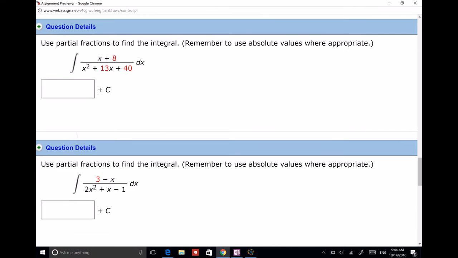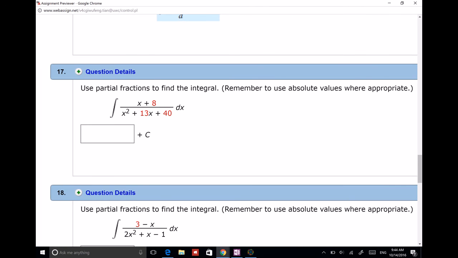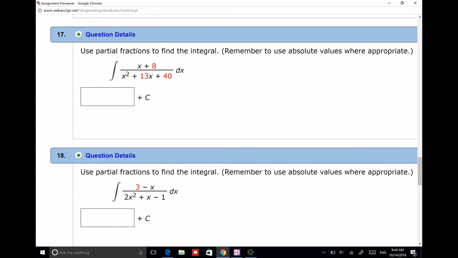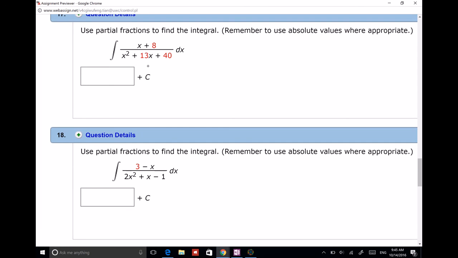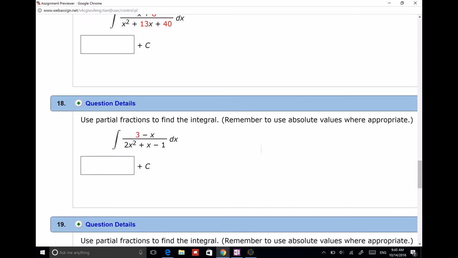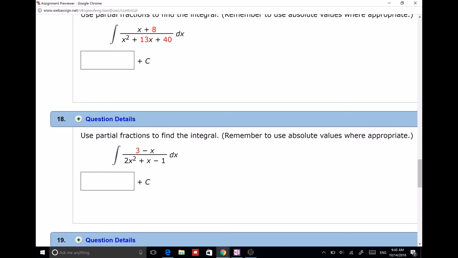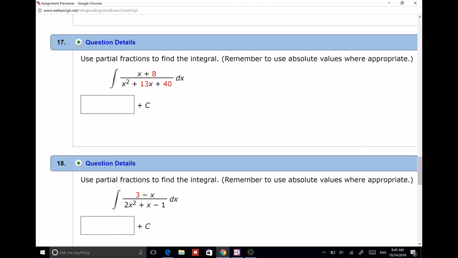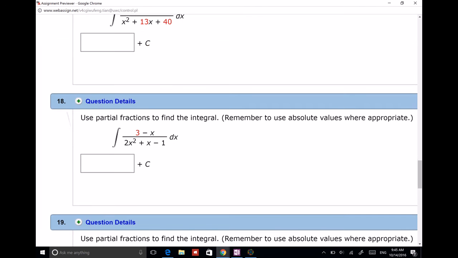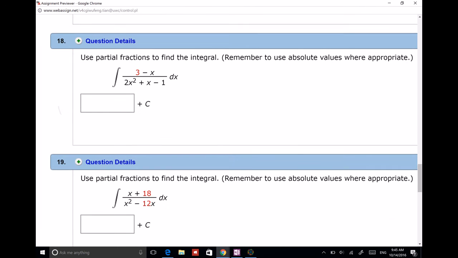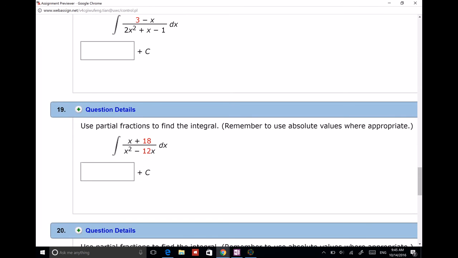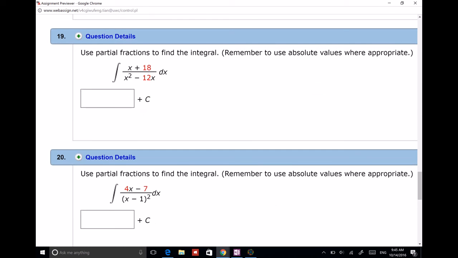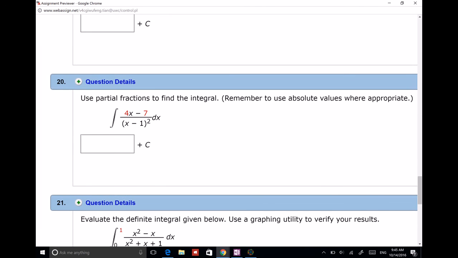Alright, so next one, let's see. Number 17, partial fraction. Easy one, you can factor 40 as 5 and 8. x plus 5, x plus 8. x plus 8 will be cancelled out. So just ln of x plus 5. Number 18, you can factor this one. Number 19, you can factor it. Number 20,